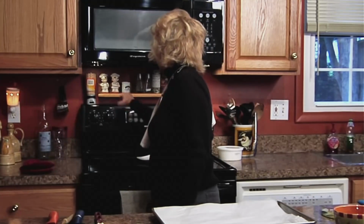I am going to be making some mushroom onion tarts in a puff pastry. So let's get going. First thing you need to do is preheat your oven. We're going to preheat this oven to 400. Got it? Okay. Next thing we're going to do is get out our puff pastry,